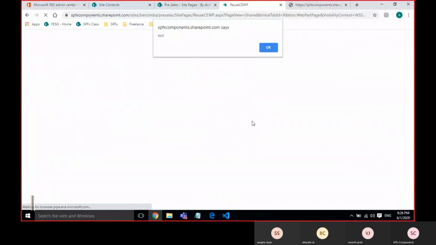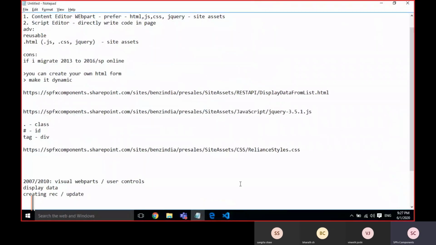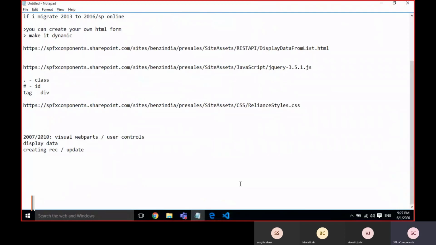And you'll just give the reference of the HTML finally here. Whatever you are achieving over there, you are achieving through the content editor web part. But here you don't need to deploy or activate the features.